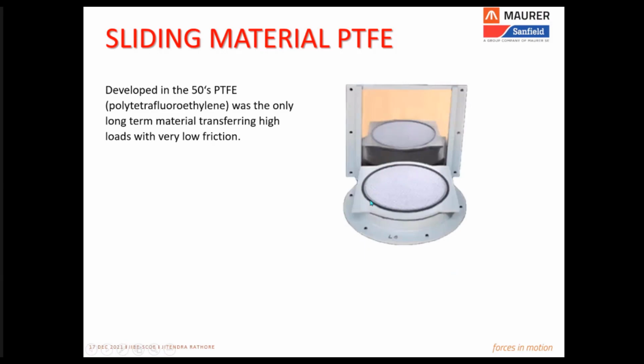So far, by and large, the most commonly known sliding material used in bearing systems is PTFE. The full form of PTFE is polytetrafluoroethylene. It is a thermoplastic material, which in general we can define as something in between rubber and steel. It is not as soft or flexible as rubber, but also not as hard as steel. And it offers the lowest value of friction when sliding against polished stainless